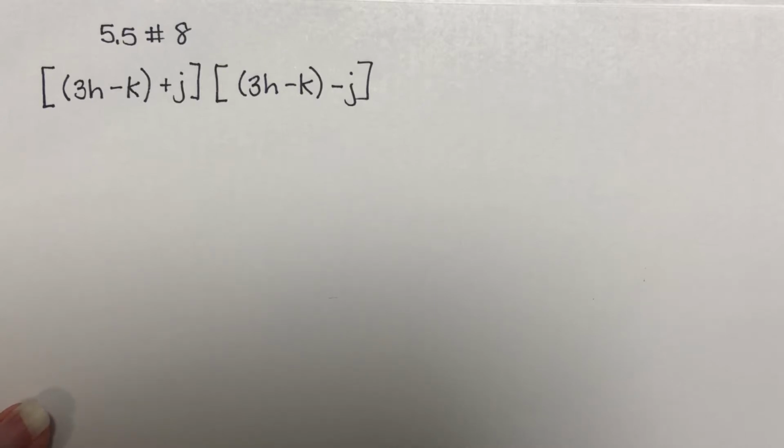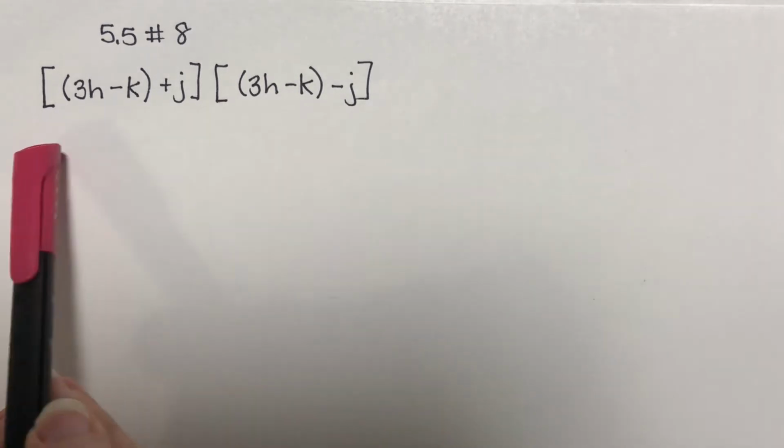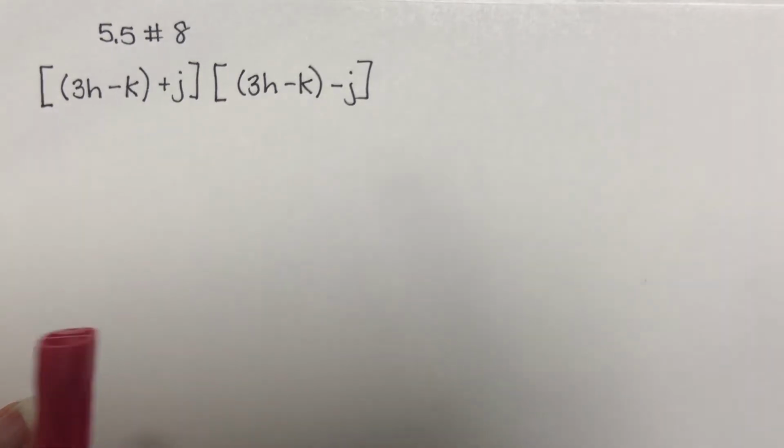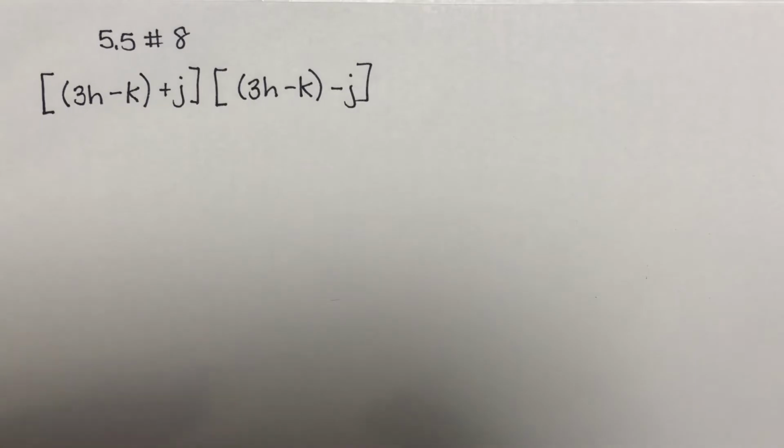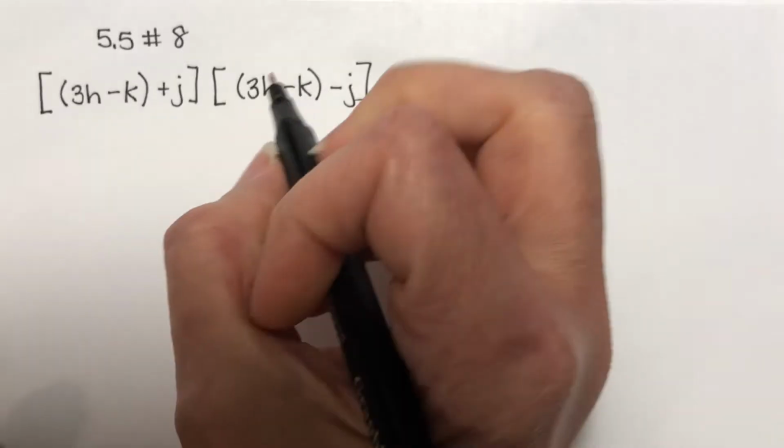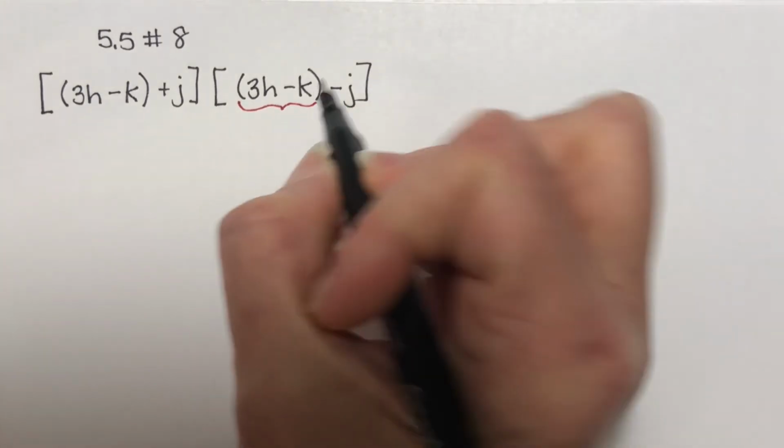This is question number 8 from the 5.5 homework. We are asked to simplify this. There are two ways to work this. The first way, what they hope that you will recognize, is that you have exactly the same thing here as